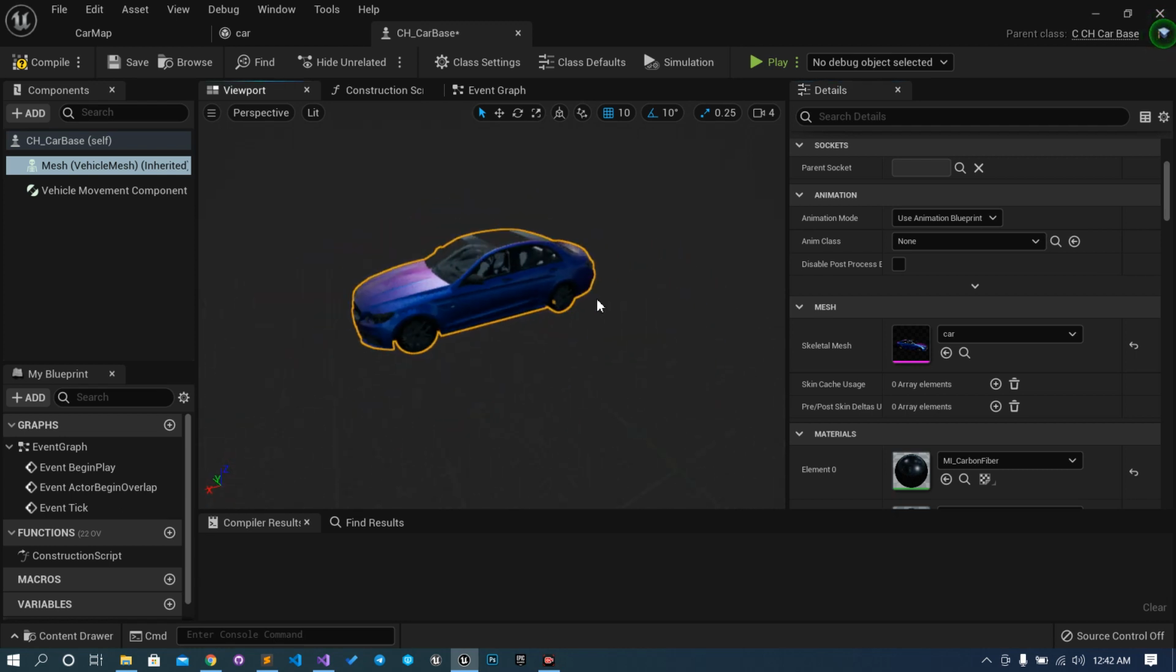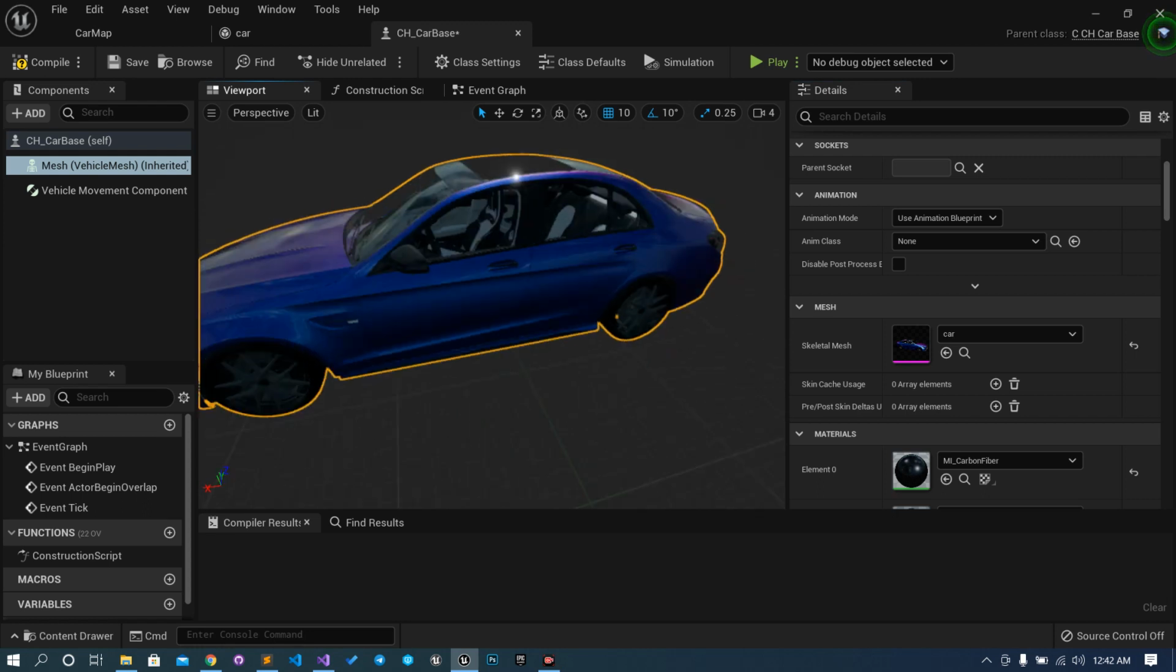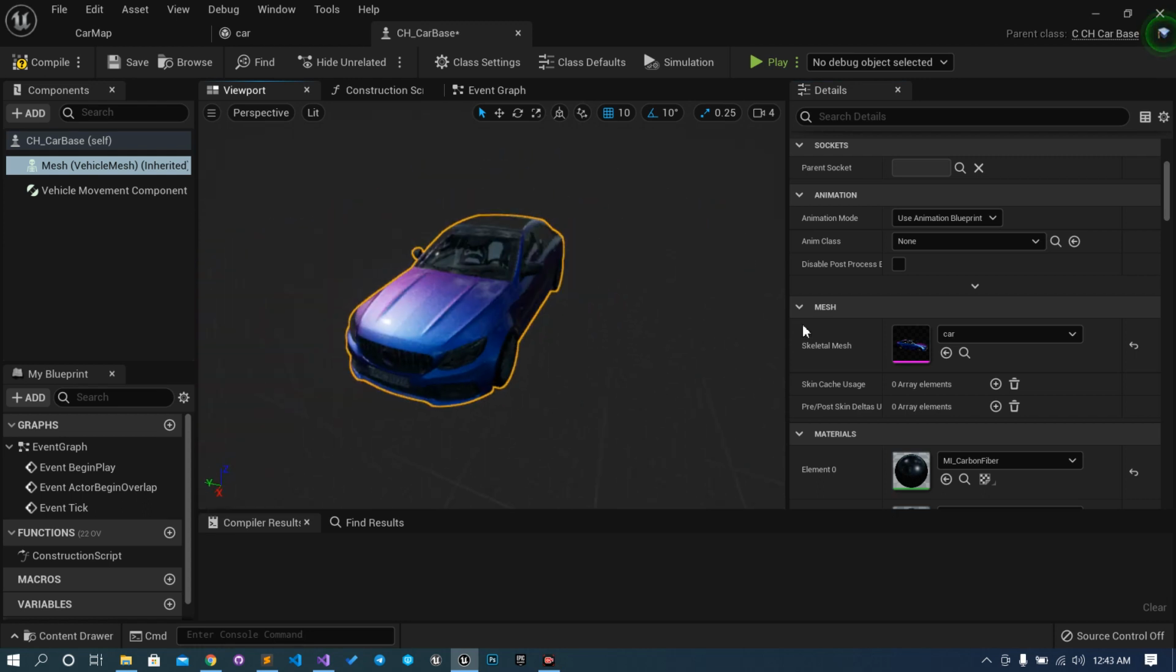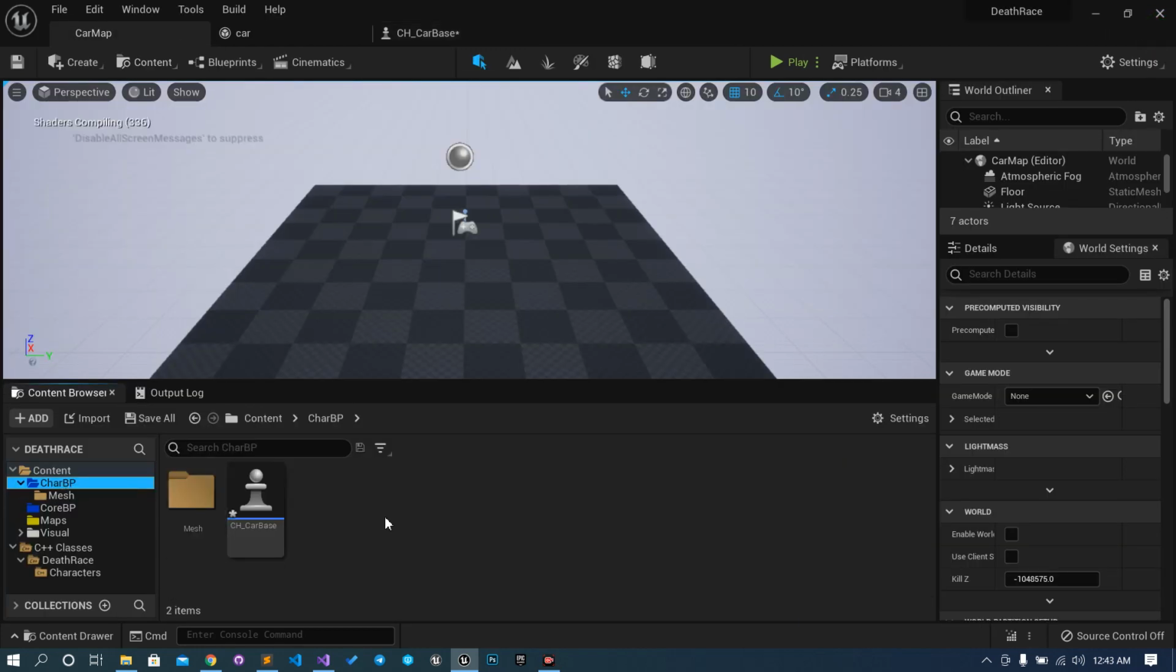Just look carefully that the car forward axis should be the X, so it is X, so we are good to go. Next, we have to specify the blueprint because we don't have the anim class for this. We will create that first. So inside the character BP,